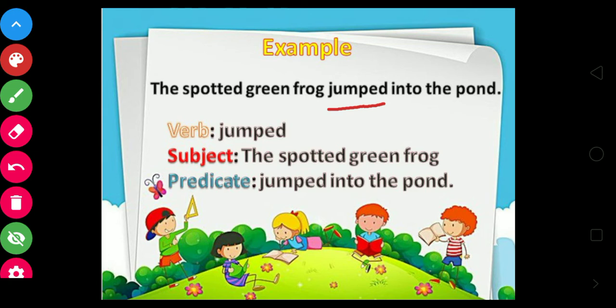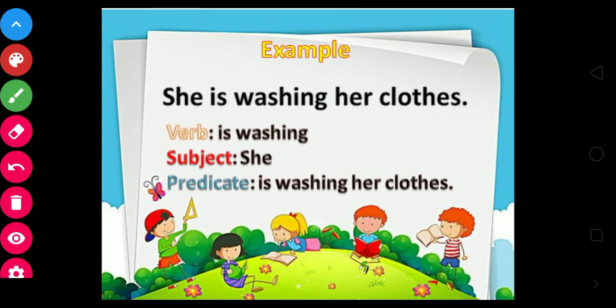Always has a verb. Okay? And the predicate part begins from the verb itself. In both the cases you must have seen that over here also, starting from is washing, it is predicate. Is is the helping verb and washing the main verb. Okay, so that is why starting from the verb itself, the predicate starts, and whatever answers the question who or what becomes our subject.